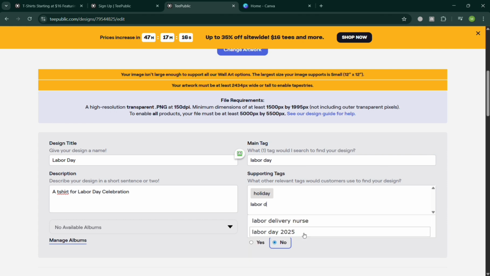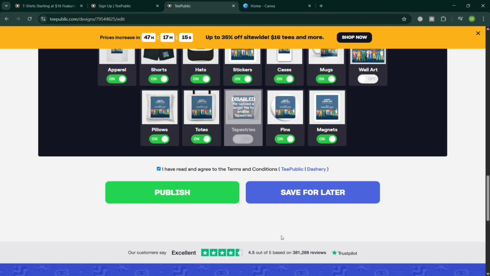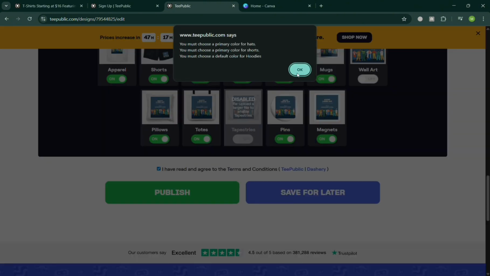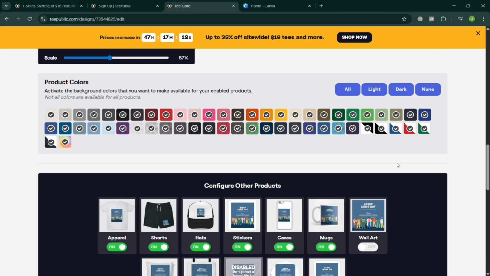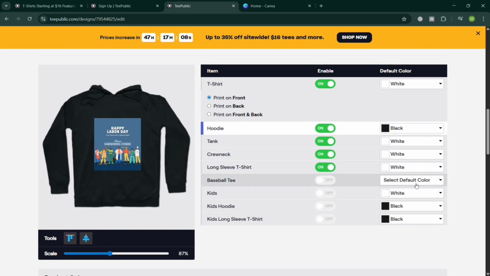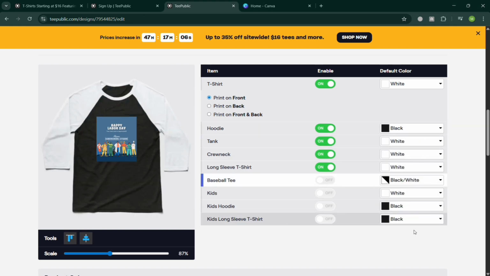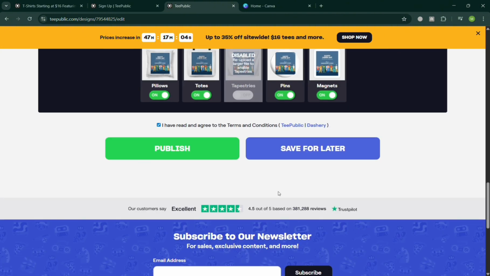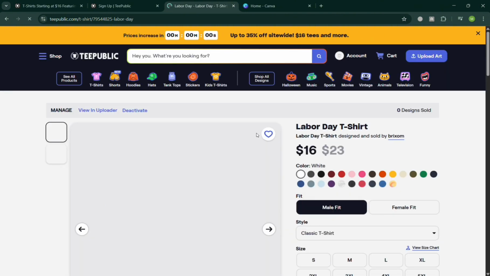So now as you can see, I've now finished filling out the required information. You can now click the publish button. However, the error here also says that you need to add the default color. So I'm going to select here the default color for the hoodie and also the baseball tee. Now, if you're done, just click the publish button once again and you should be directed to the page where